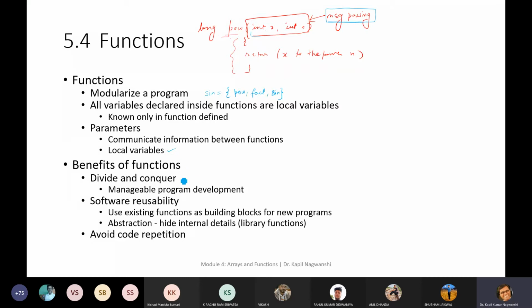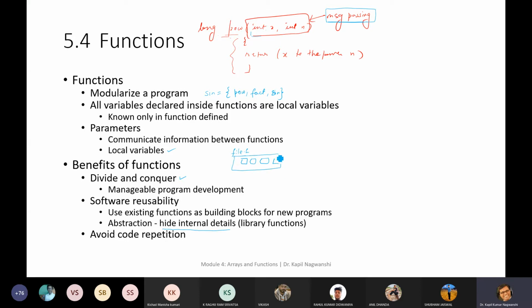Benefit of function: divide and conquer. Manageable program development means we can break the whole program into small modules, and we can reuse these modules. Software reusability: use existing functions as building blocks for new programs. Abstraction: hide internal detail of library functions. Like you can create one file.h, and then you can use all these functions.